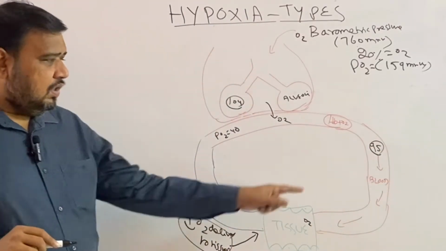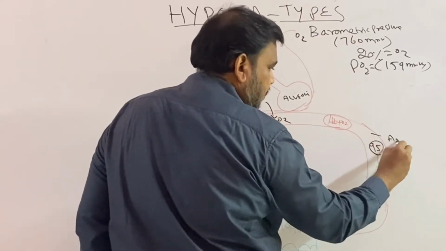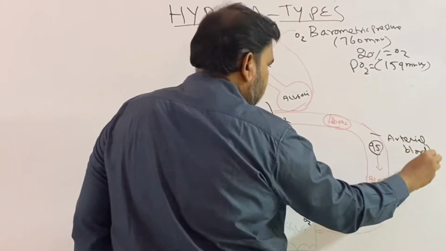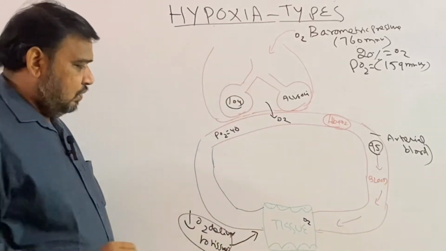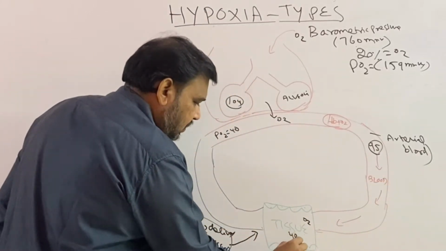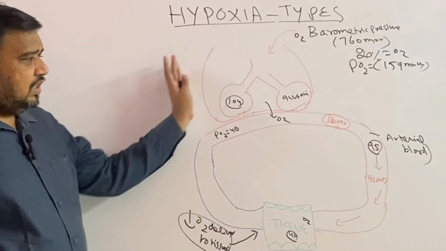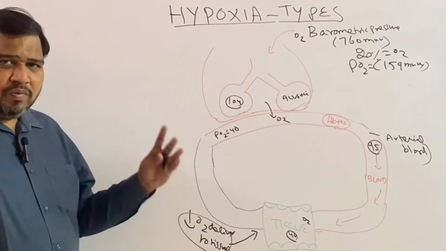So this is the PO2 of arterial blood, this is arterial blood, and this is tissue PO2, which will be 40, because tissues are going to take oxygen, so the partial pressure of oxygen will be decreased. So this is the transport of oxygen, the main idea. Based upon this,